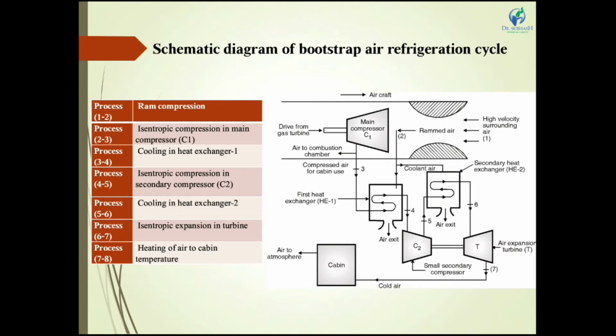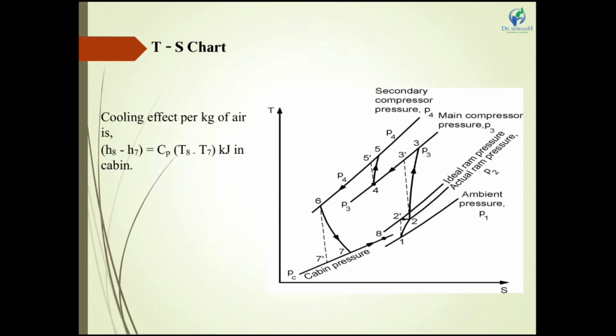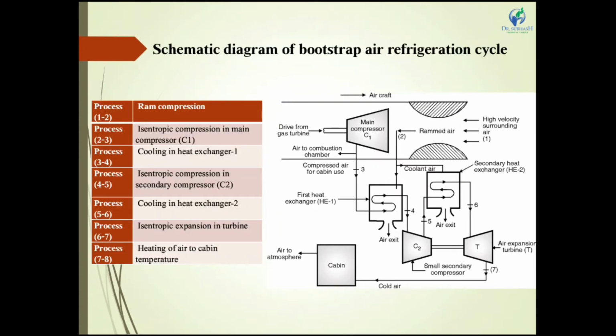The process starts with the aircraft running at a higher altitude, where the air is of lower density and lower pressure compared to ground level air. This air pressure we call the ambient pressure. The atmospheric condition is the ambient pressure. In the chart, we have to mention that point 1 is the ambient pressure, the atmospheric air.